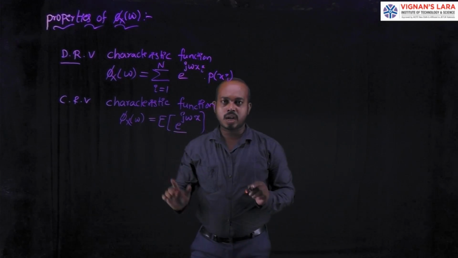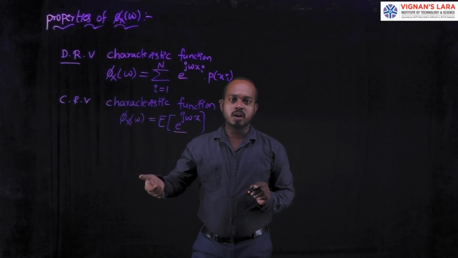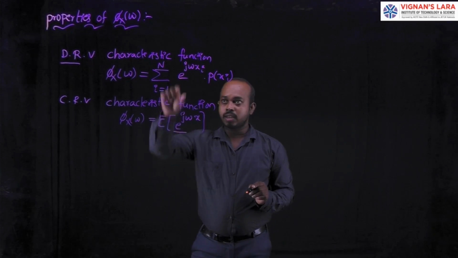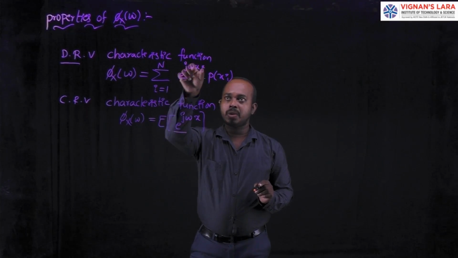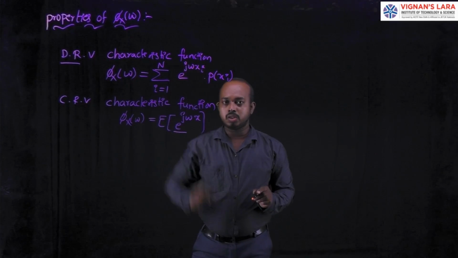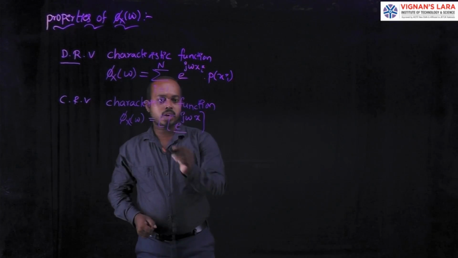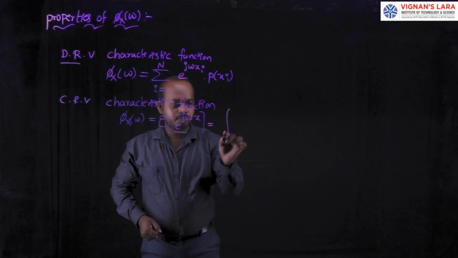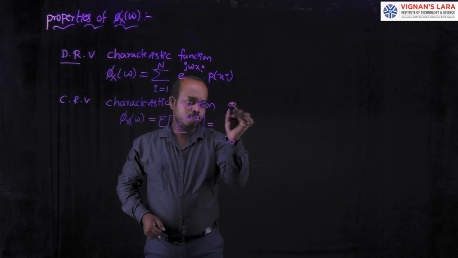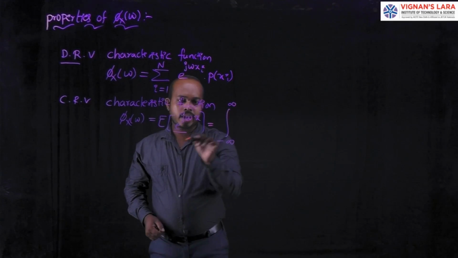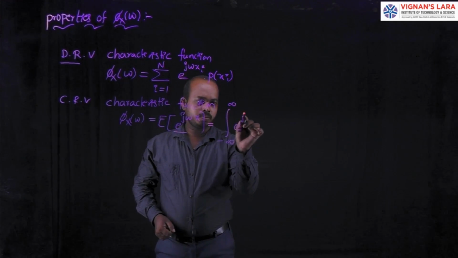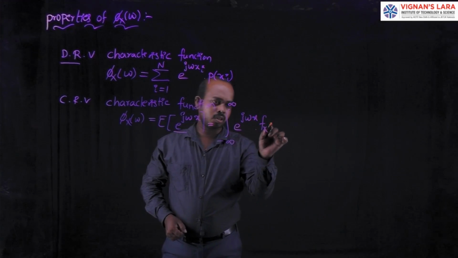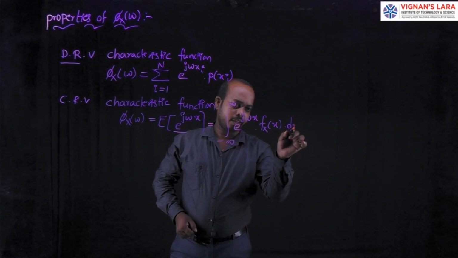What are the formulas we have relating to random variables? The same formulas we write here, but the difference is that x is replaced with e^(jωx). Here I am writing for a continuous random variable. I need to replace the summation with integration. The limits are minus infinity to plus infinity. The x term is replaced with the exponential e^(jωx) into the density function of x into dx.